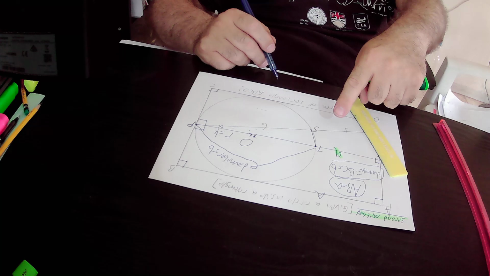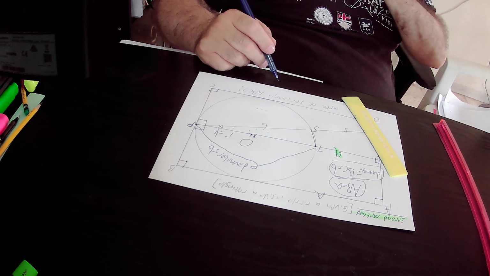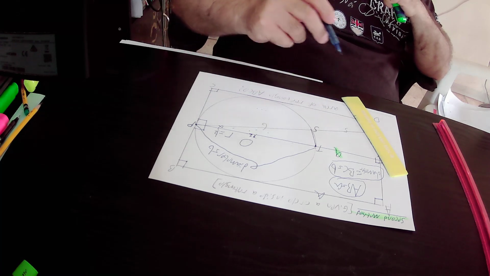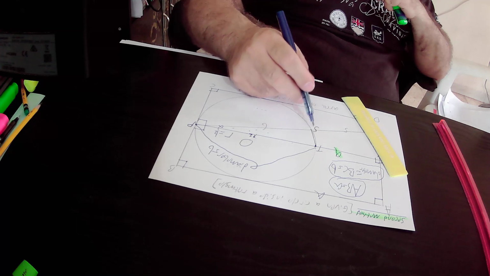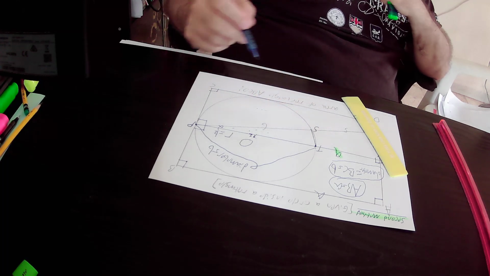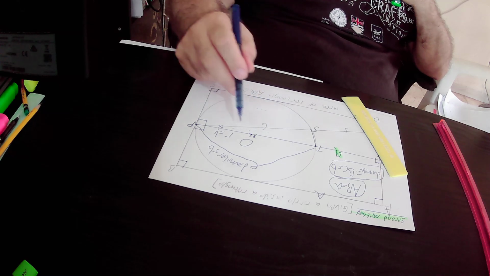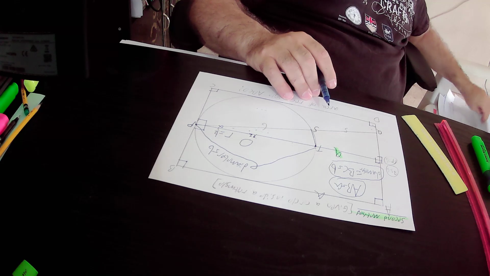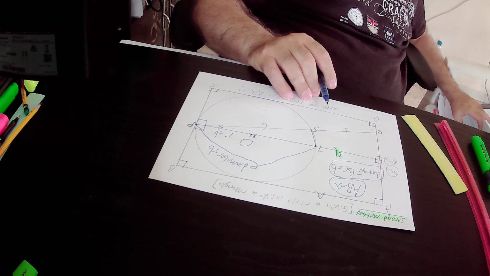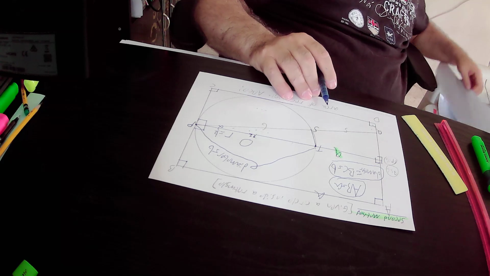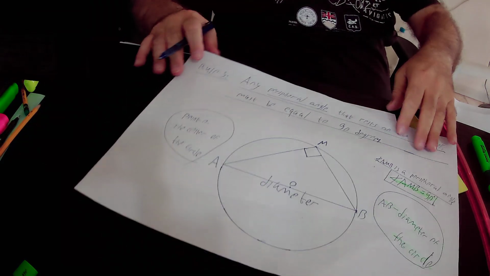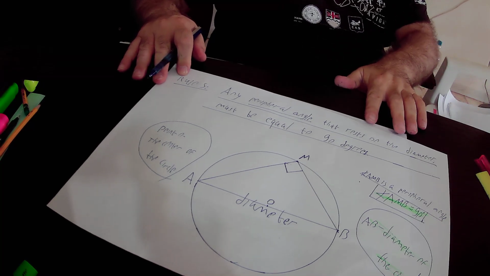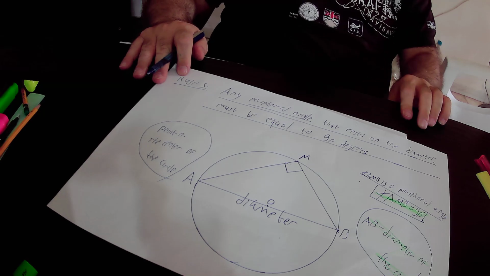By joining points C and S, we created here peripheral angle PST. This peripheral angle PST rests on TP, that is the diameter of the circle, and we actually have rule number 5. According to rule number 5, any peripheral angle that rests on the diameter of the circle must be equal to